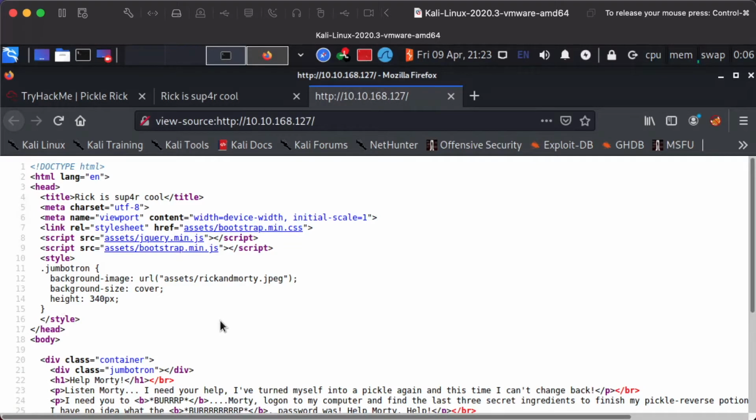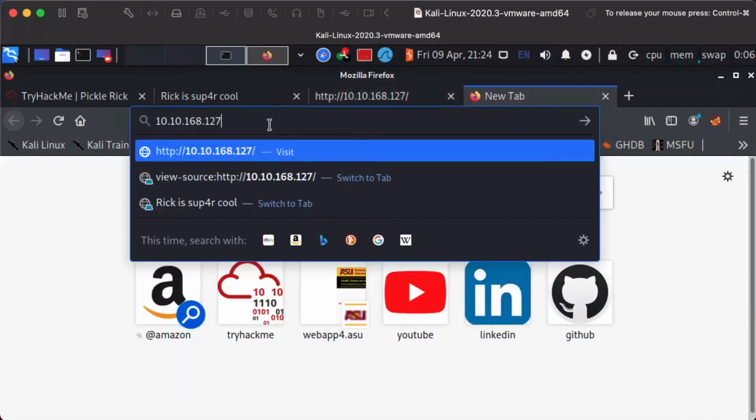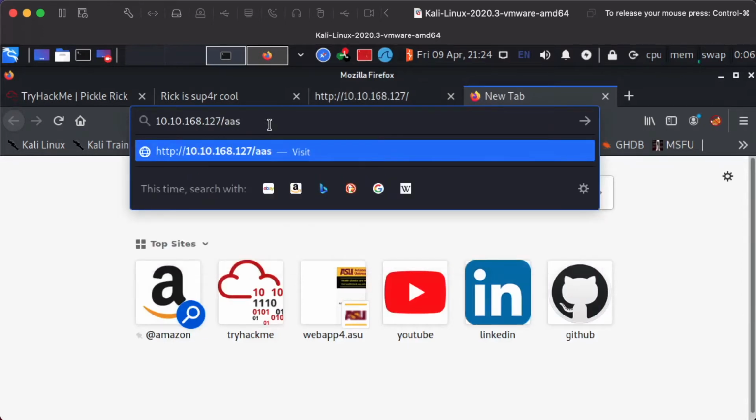If there's any comments in the HTML or anything that might be hidden in here that could give us a little bit of a background. So we already see, first and foremost, that some of the background images and other things that work for this page is coming off of an assets page. So what I would like to do first is I'll go over here and I will go ahead and put this in, and I will look,